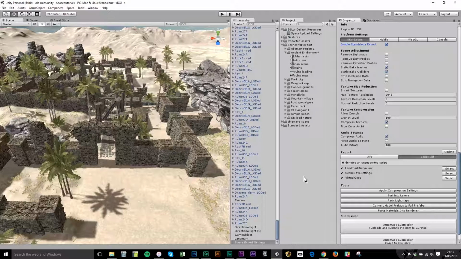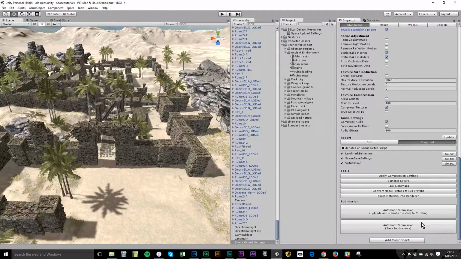In this final tutorial we're going to look at the actual submission process itself, pushing this region to the servers so that you and your friends can log in together. So I'm going to save the scene